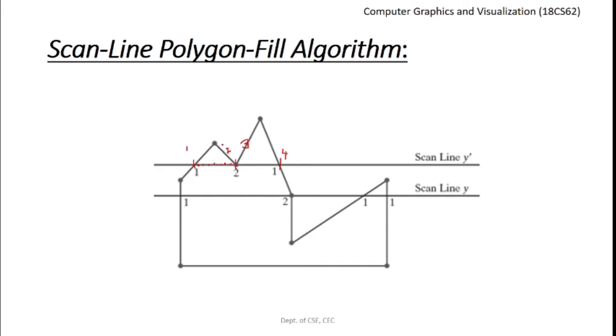Now we reach this edge intersection. How many edges are intersecting? This was odd numbered intersection 1. This was even numbered intersection 2. Also, this was a third intersection as well. The third edge is also introduced here. So this will be the odd intersection. So we continue filling the polygon with the given color. The scanline will be filled with the given color, every pixel on the scanline, until we reach the fourth intersection. That is the case for scanline y dash.